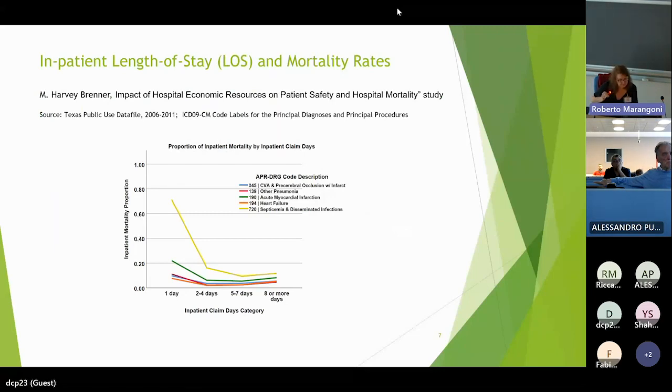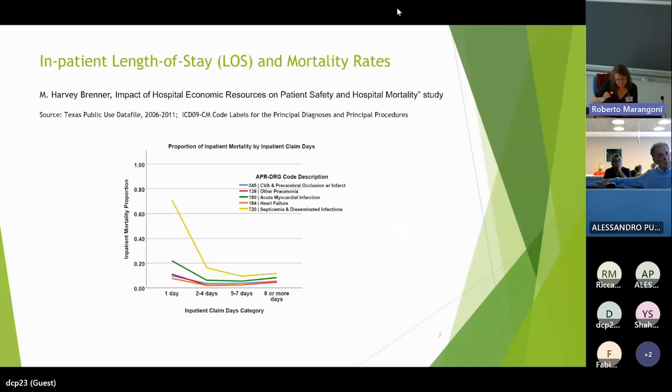So let me just quickly go over the causes of death. The yellow one is sepsis. The blue line is ischemic stroke and precerebral occlusion. And then these other lines are pneumonia and heart failure and acute myocardial infarction, which is a heart attack. So you see on the first day, the mortality,